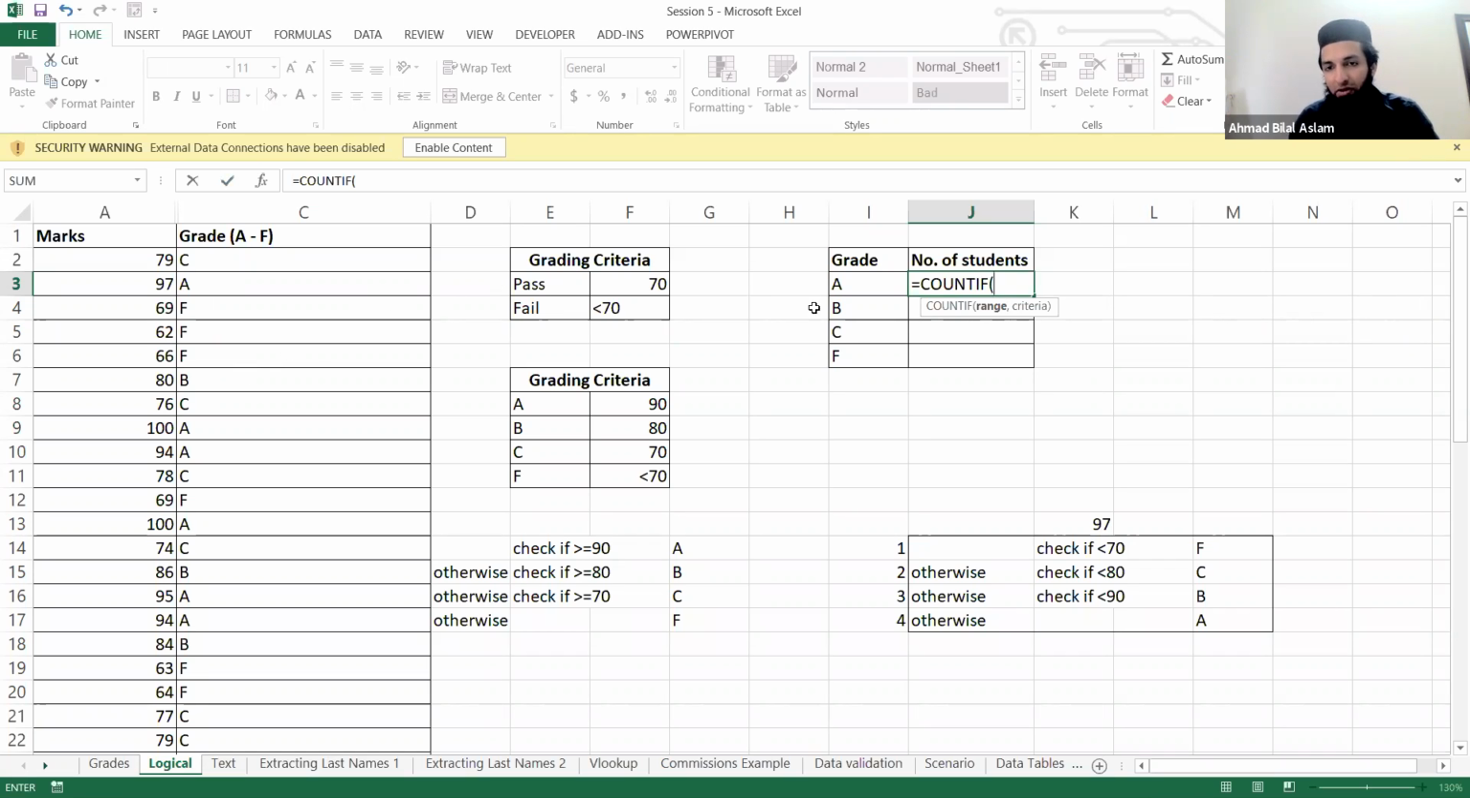ठीक है? अब इसके दो arguments होते हैं. The first argument is the range that you want to give. ठीक है? So किस चीज के ऊपर आपने जो है वो condition apply करनी. ठीक है? So that's the first argument. So condition आपने किस पे apply करनी है? You're going to apply the condition on